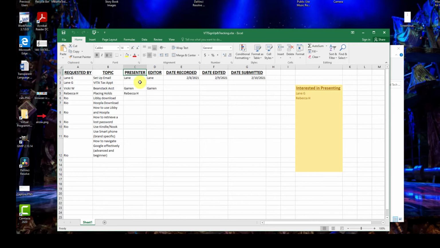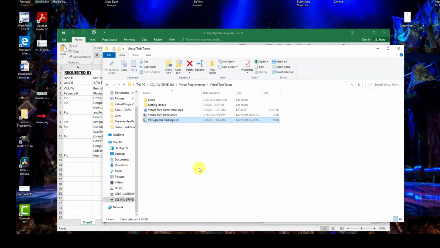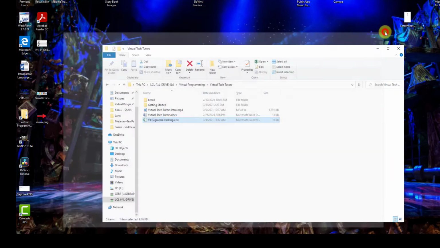If the sheet is locked for editing, you can always email your information as well, and it will be added to the sheet as soon as possible. After you've signed up on the sheet in the L drive, go ahead and make a folder for your project in the Virtual Tech Tutors folder, using the topic of your video as the folder name. All right, now you've got all of that done, you're ready for